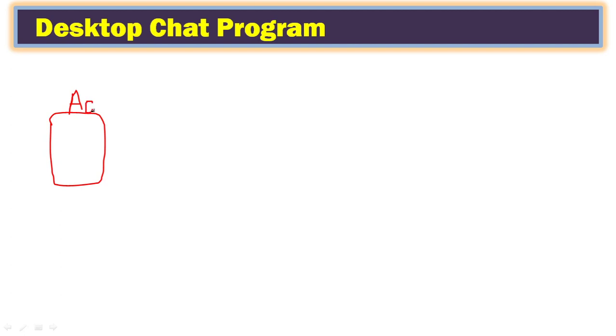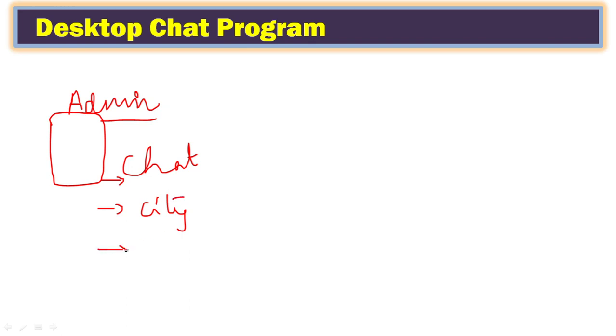Admin module is to manage the users. So here in the admin module, we can create chat rooms, so therefore, users can get into that chat room and they can chat. And also here you can provide some basic details like city names, so this particular user is from which city, and naturally we check qualification and designations to know what kind of users are using this particular chat program.